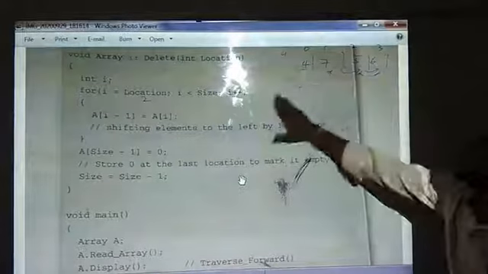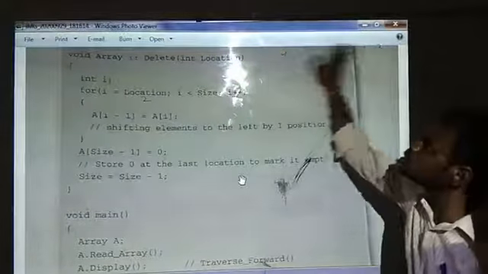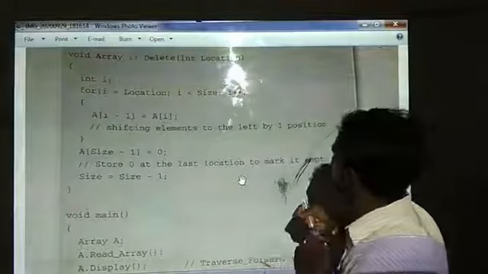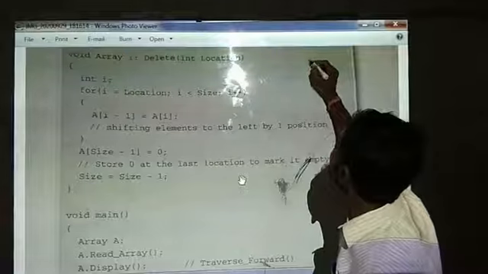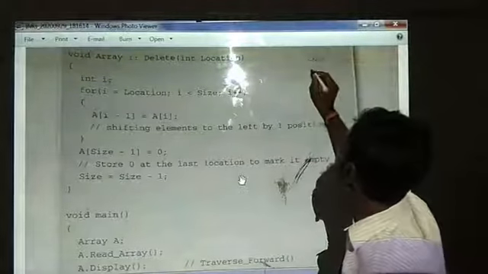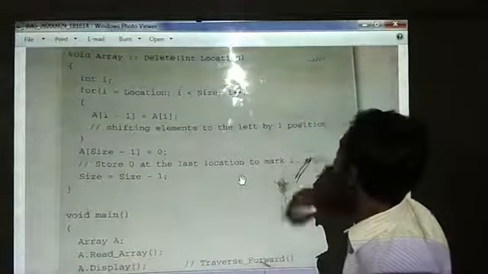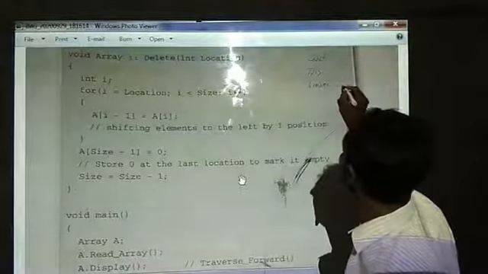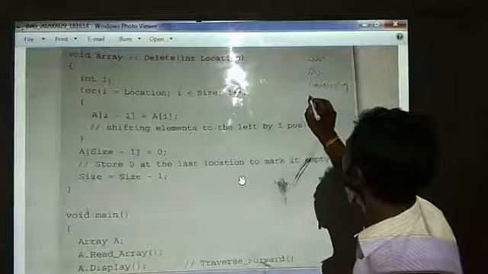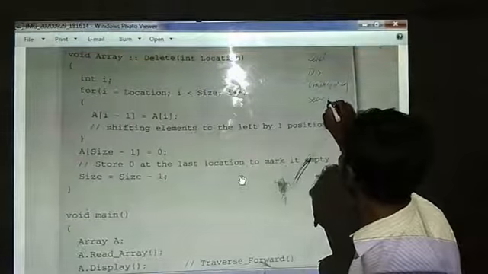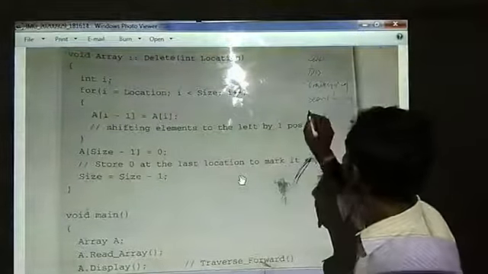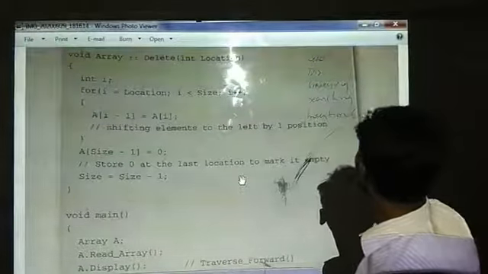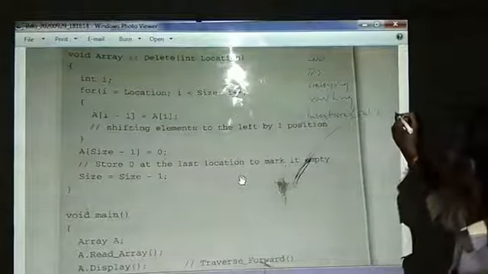Okay, and now let us see the main function. See, we have discussed so many functions, so many ADT operations, like what we have seen: reading the elements and displaying the elements, and then traversing backside, and then searching the element, and then I went for insertion of element at a specified location, int location and int element.